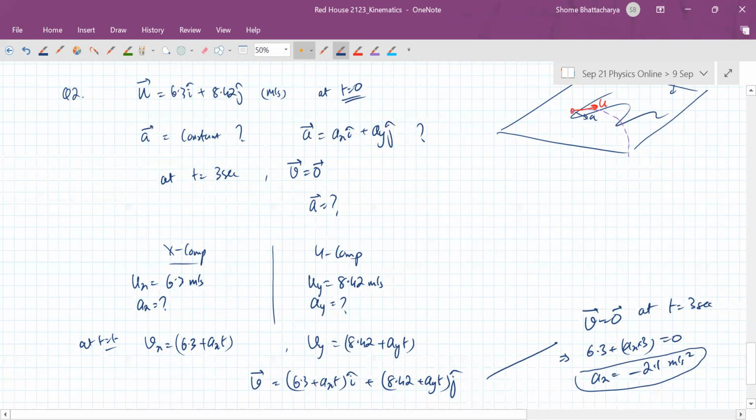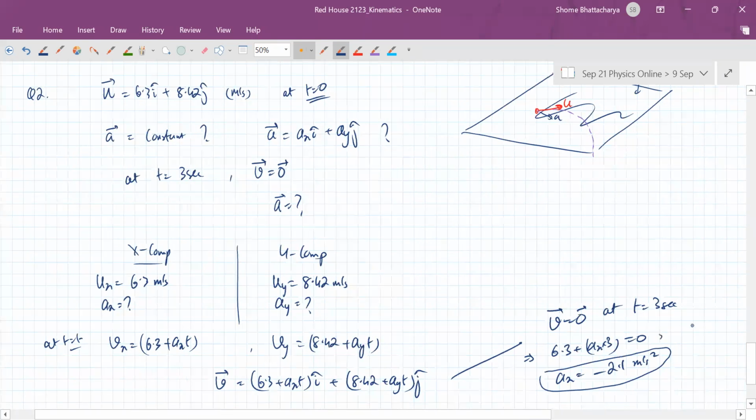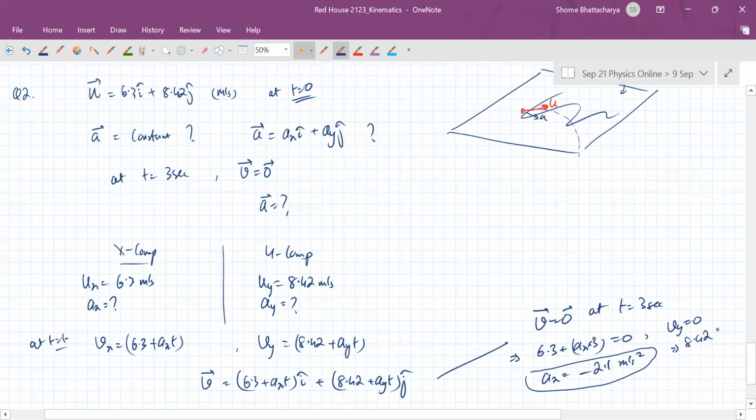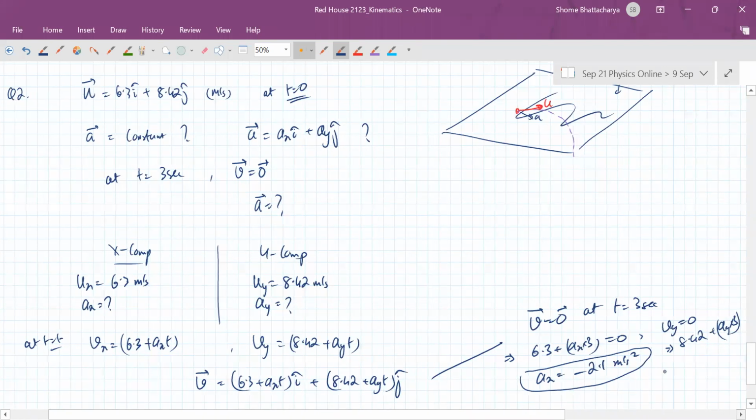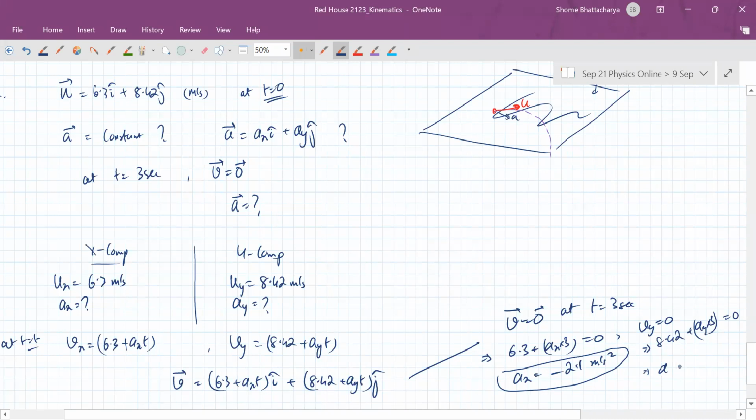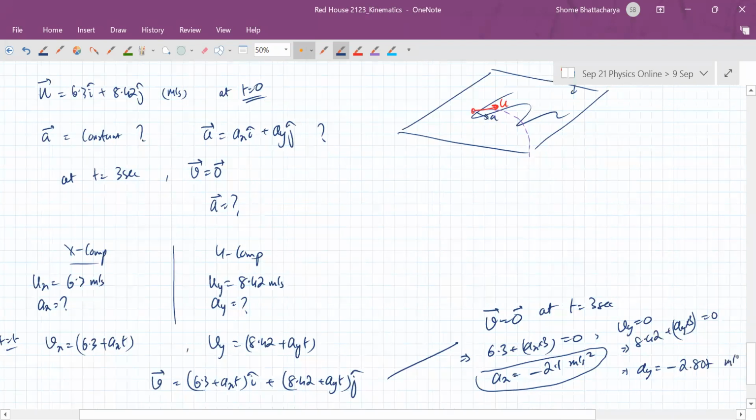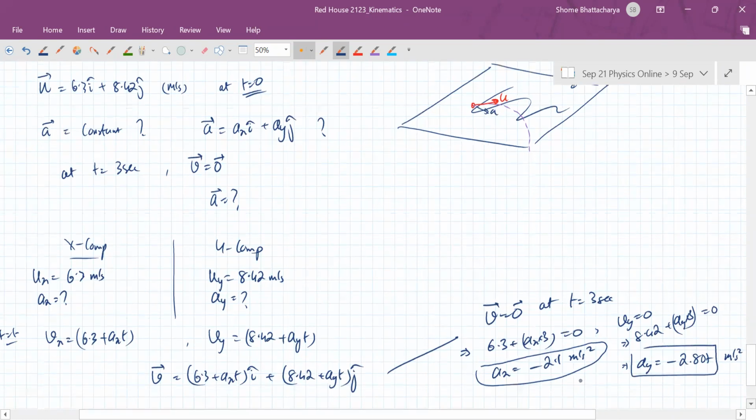But along with this, our y component of velocity should also become 0. So that means 8.42 plus ay into 3. This term should also be 0. So from this we are getting that ay is minus of 8.42 divided by 3. So that is minus of, like this. So the acceleration vector